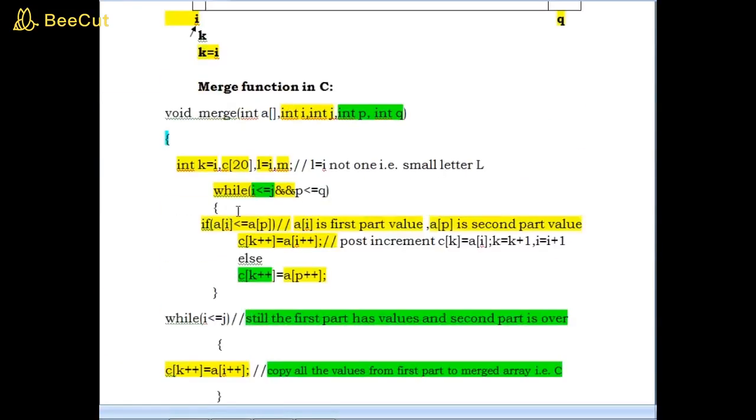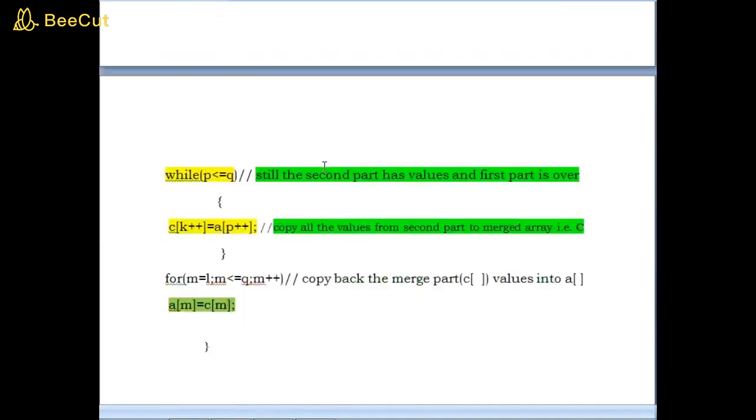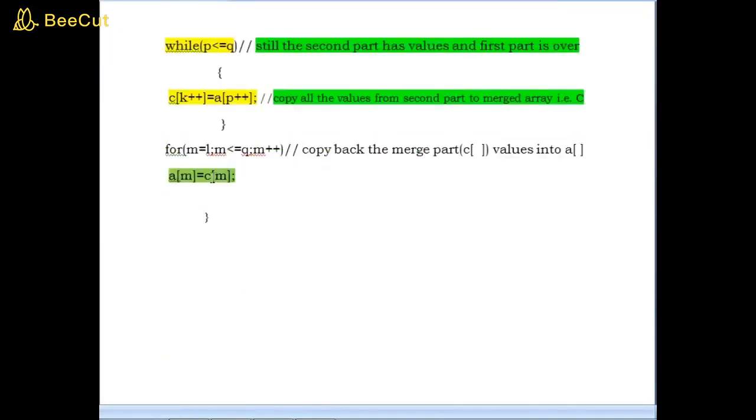So the resultant or merged array is C, and the actual array is A. The merged result is available in the array called C, but we have to store it back in the original array.